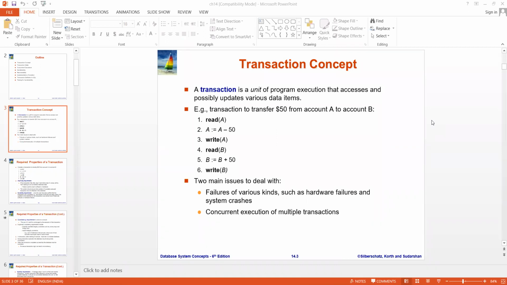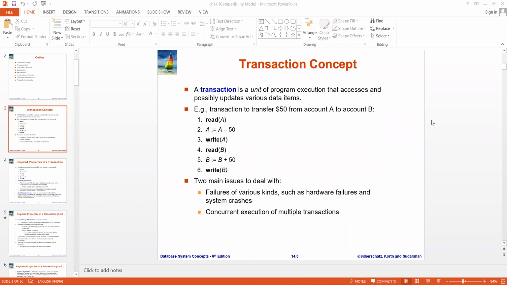Now suppose it was 100 initially. This will say that it will become A minus 50, which means it will become 50. And then when you say write, it will be saved to the hard disk. Then next time when you try to retrieve the A data item, it will be 50. Easy? You know this, but till now you did not know how to write it.